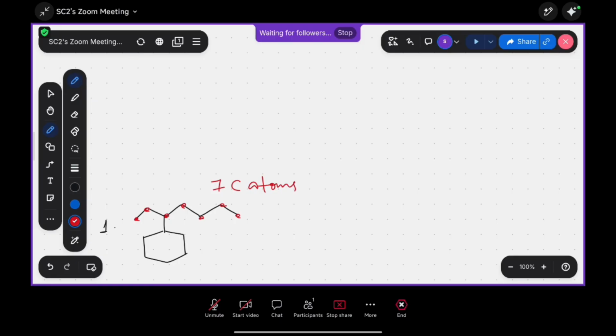আর আমাদের রিংয়ে আছে 6টা কার্বন অ্যাটম। তার মানে কি আসছে? অ্যাকর্ডিং টু দ্য থার্ড রুল, আমাদের অ্যালকাইল চেনটা বিহেভ করবে অ্যাজ দ্য প্যারেন্ট চেন, আর আমাদের রিং বিহেভ করবে অ্যাজ দ্য সাইড চেন অর দ্য সাবস্টিটিউয়েন্ট। যেখানে কার্বন অ্যাটম বেশি থাকবে সেটা বেশি ইম্পর্টেন্স পাবে। অ্যালকাইল চেনটাতে 7টা কার্বন অ্যাটম আছে। The alkyl chain is having